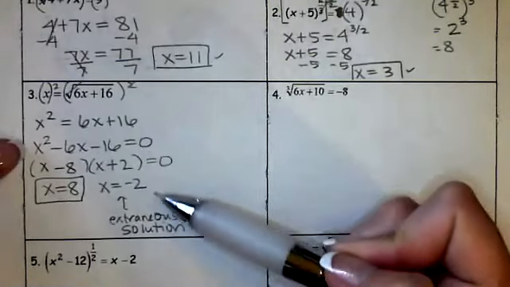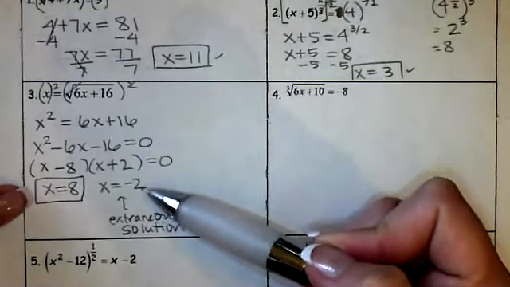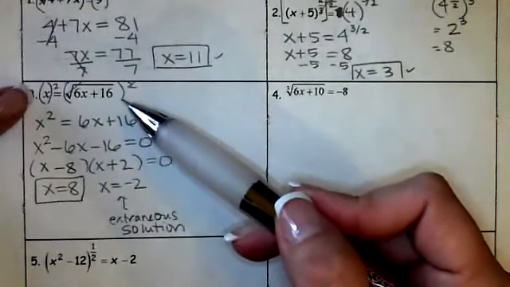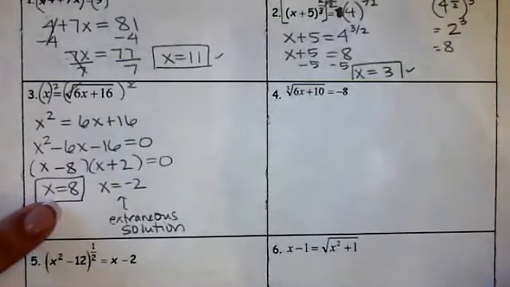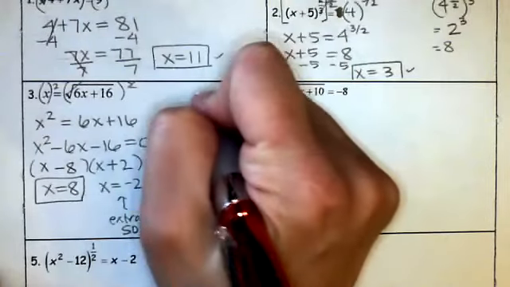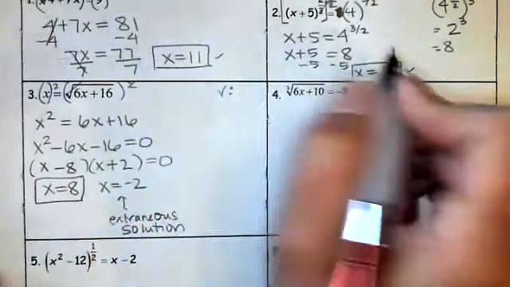Because we're solving this quadratic, we ended up with two solutions for the quadratic. It is just not a solution for the radical. So that's an extraneous solution. 8 would be our only true solution. And I want to show you algebraically what that looks like if I put it here to check my